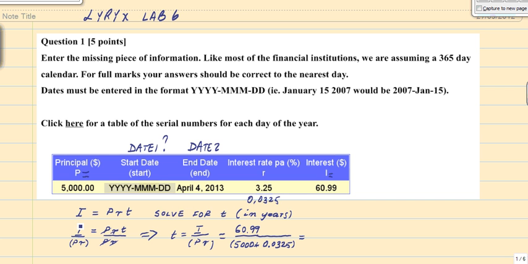and I is equal to $60.99. Using the formula I is equal to PRT, we want to solve for T. T is going to be in years. So substituting, T is equal to I divided by bracket P times R, which is 60.99 divided by bracket 5,000 times 0.0325, which gives us